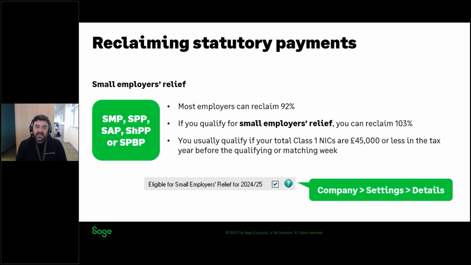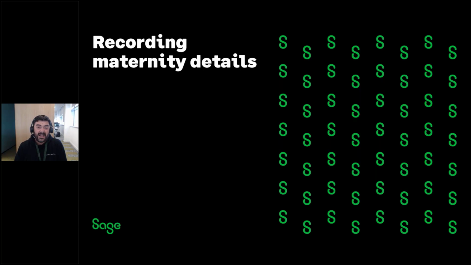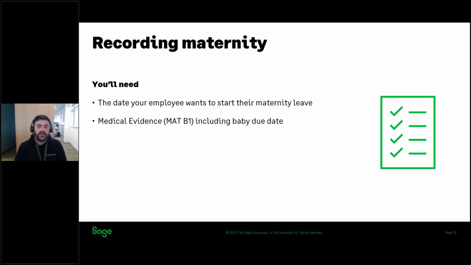So that's just a bit of an introduction and some of the legislation around SMP. What we're going to move on to next is to record some maternity details in the program. Now, when you come to do this, there's two things that you'll need. First of all, you'll need to know the date that your employee wants to start their maternity leave and statutory maternity pay. And the second thing you'll need is the medical evidence, usually the MAT B1 certificate, which confirms the baby's due